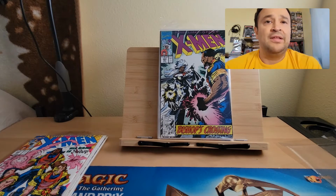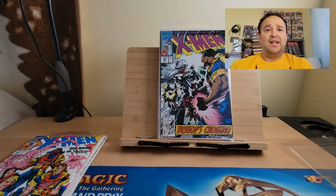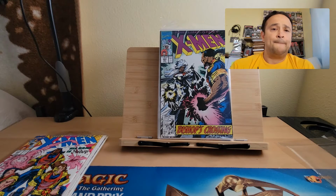person who goes like, this is near mint, because sometimes these sellers, they really don't know what near mint means. And in this case, he's probably correct because most of his books are like this. So that's why I took a shot, like I'm looking at it and I'm trying to zoom in as much as